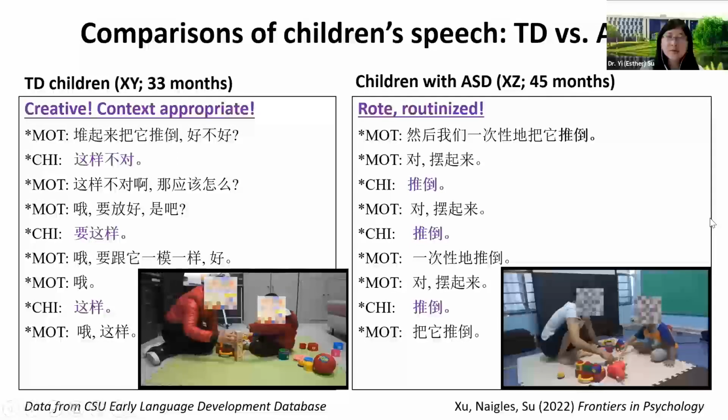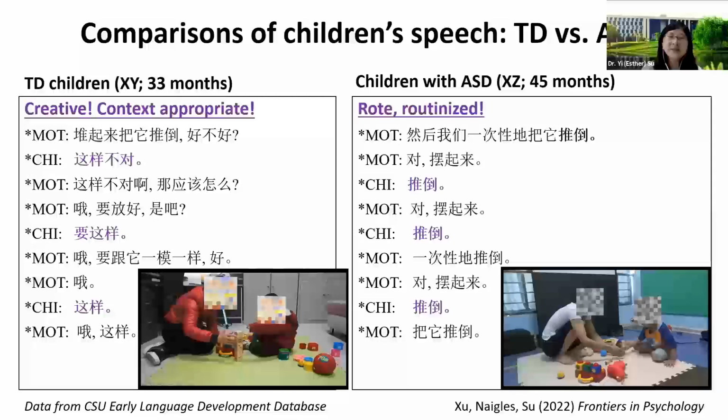然后我们把它一致性的把它推倒啊，对，摆起来，对，摆起来，一致性的推倒，对，摆起来，把它推倒。 So when we compare the speech of these two children, we can see the TD child can actually lead